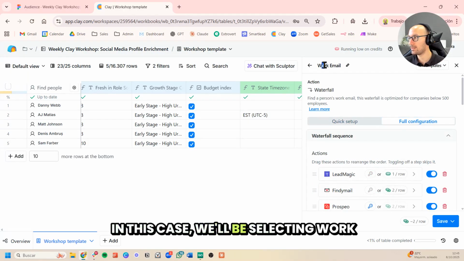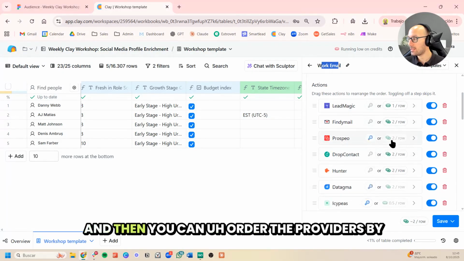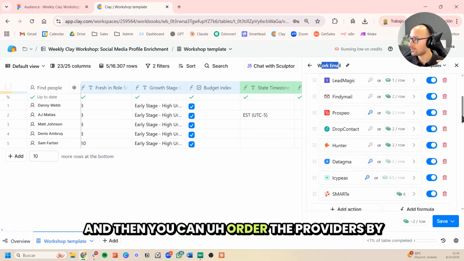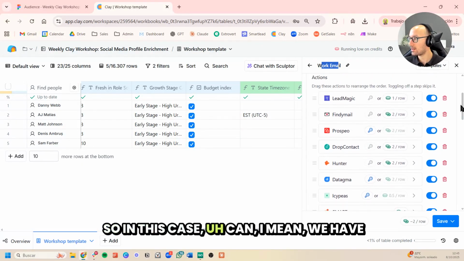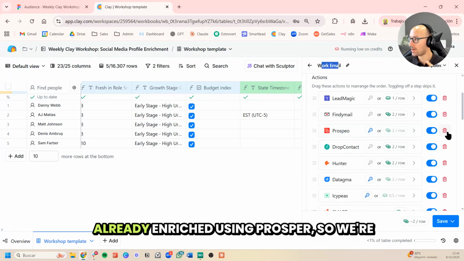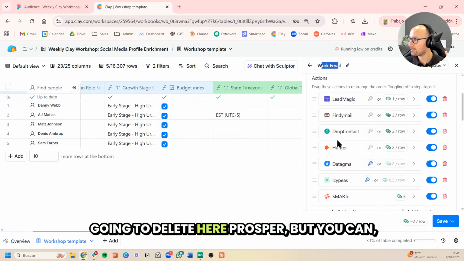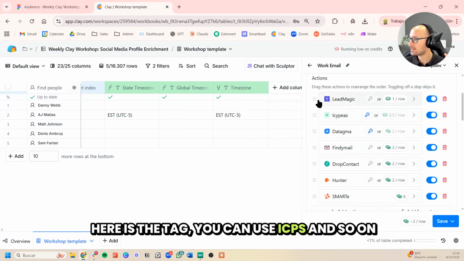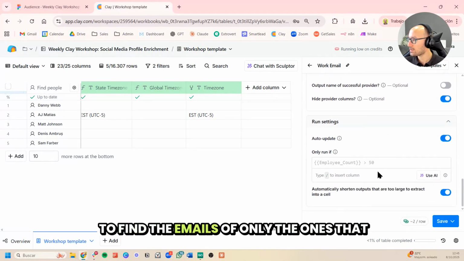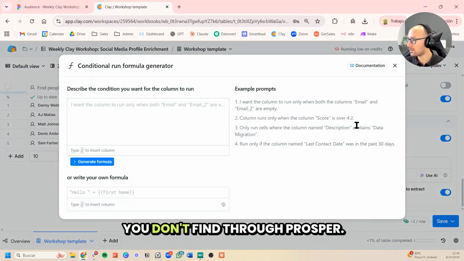But if you don't find the emails through Prospero, you can find the email through a waterfall, which in this case will be selecting work email, and then you can order the providers by the ones that are cheaper. I mean, we have already enriched it using Prospect, so we're going to delete Prospect here, but you can use other providers and ICPs and so on to find the emails of only the ones that you don't find through Prospect.